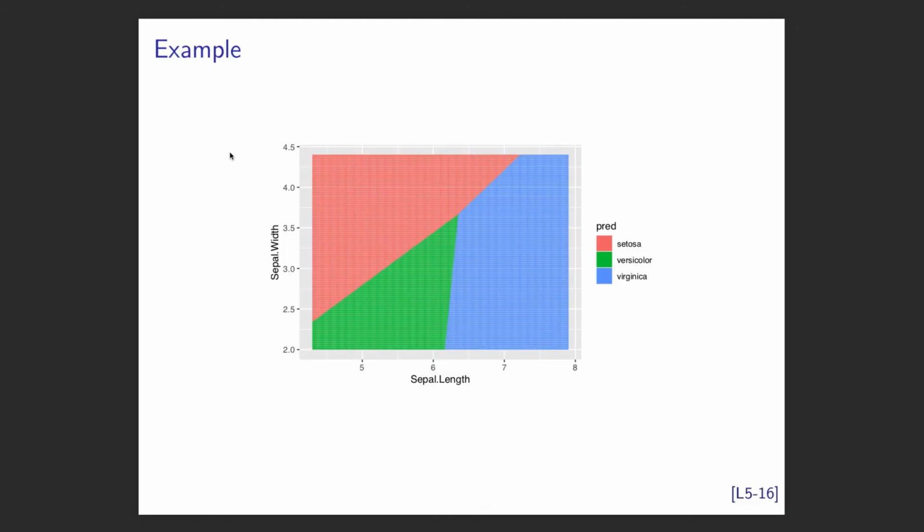And what I've done here is I've considered the space of, and I just did the values we've observed in the data set. So I've looked at a grid of values for the possible values of sepal length and the possible values of sepal width. And then what I've done is I've coloured each point in that grid by the predicted value. And now you can start to see